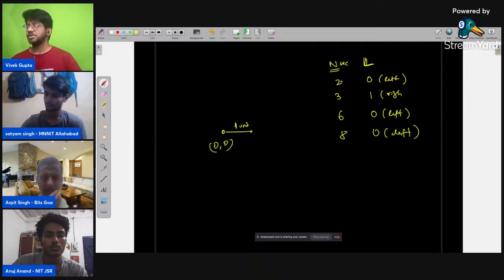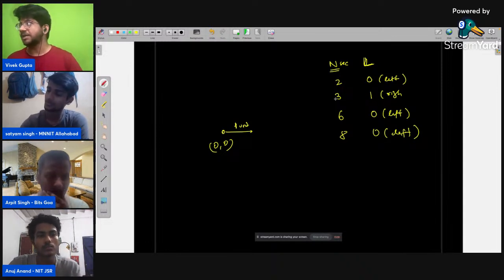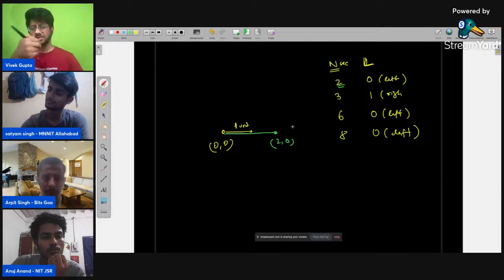So what is happening? This kind of instruction set is given to you that at what second he did what. So he is traveling at 1 unit per second. So at 2 seconds his direction is going to change. So till 2 seconds he will go in this same direction. So he will be at 2,0 when he reaches 2 seconds. Then there is 0, like a left turn. So which is left? I think this is going to be left.